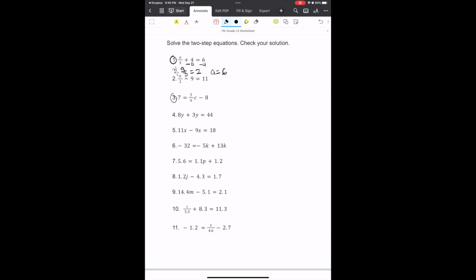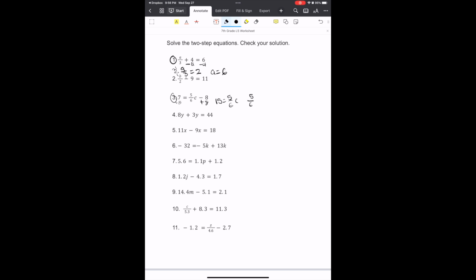Let's do number 3. 7 is equal to 5/6c minus 8. First of all, we're going to want to add 8 to both sides, since we already see the minus over here. So you get 15 is equal to 5/6c. So how would you isolate this? Well, it's honestly pretty simple. So the way to simplify this is to multiply it by its conjugate. What's a conjugate? Well, it's the opposite pairing. So 5/6c, what you want to do is multiply